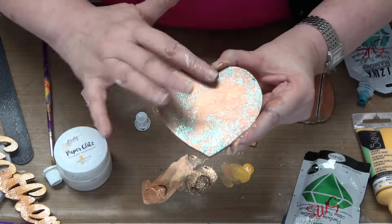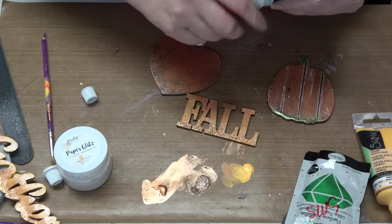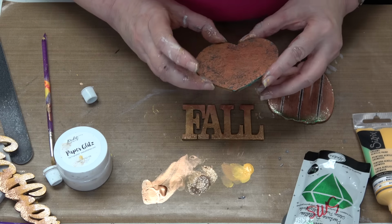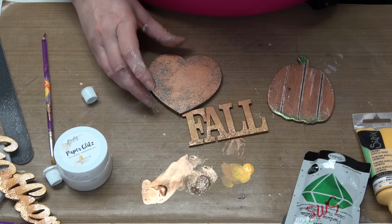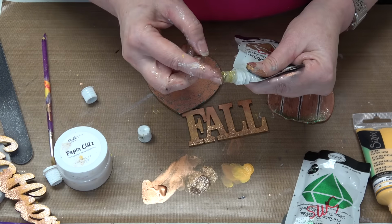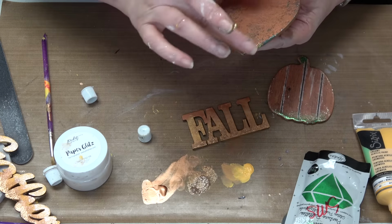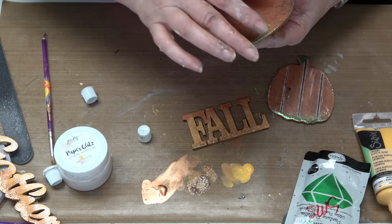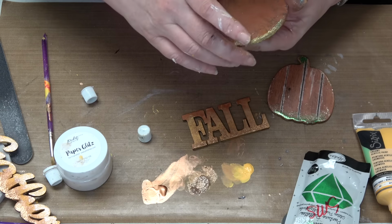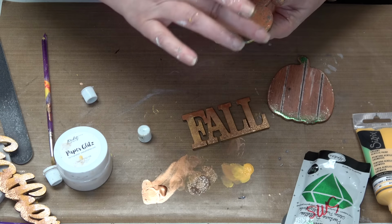And it's already dry. It's dry. Lid. And then maybe, hey, a little bit of gold. And the gold just around the edge. Just kind of break up the copper and the,